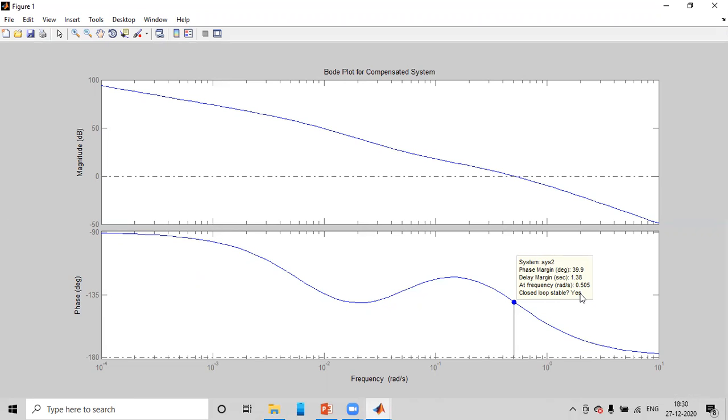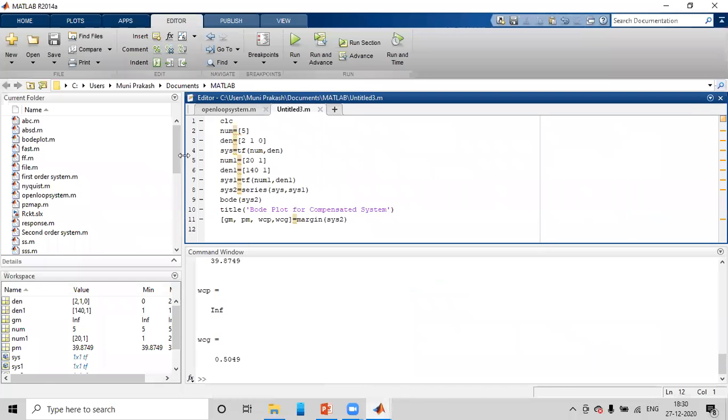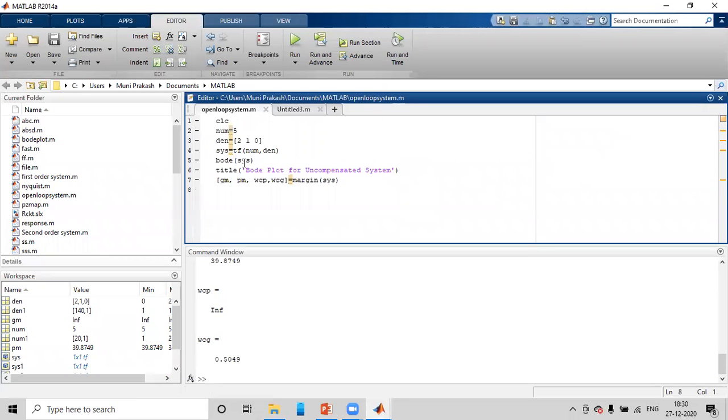And one more thing, if you observe the previous program, there is an open loop system that is also stable, but the desired phase margin is not there. If you observe the previous one, there is an open loop system. This one, if we run, this system also you need to cross check whether it is stable or not. By using this compensator, we can bring an unstable system into a stable one also.